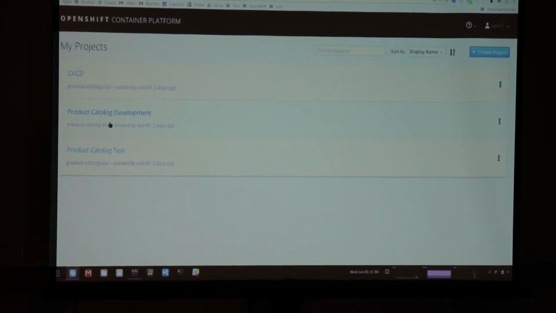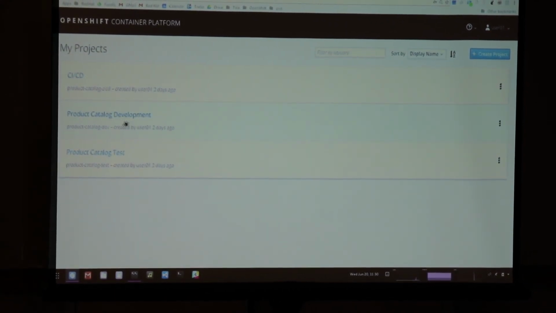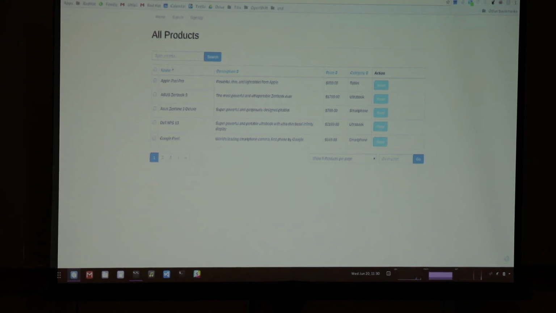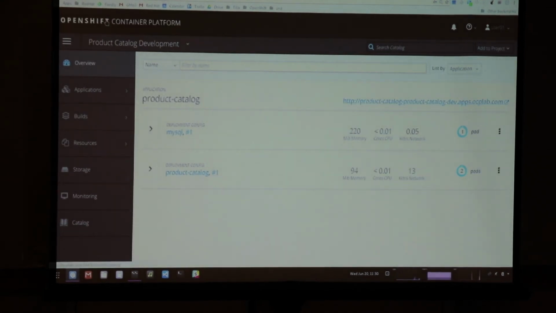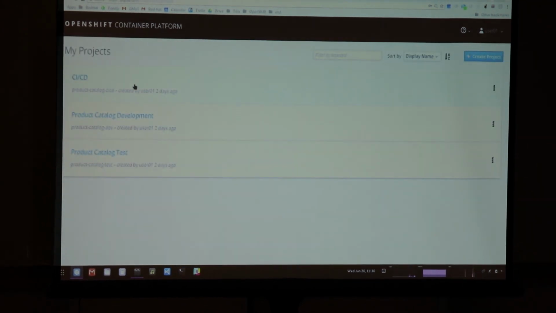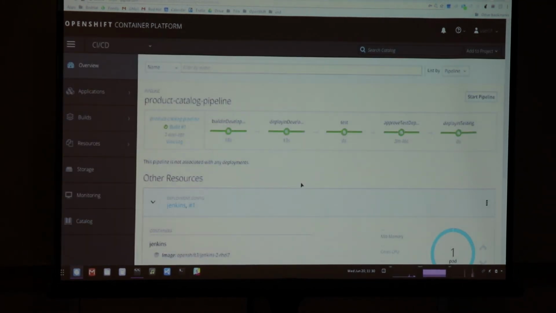manage your development environment. So I've got an application called Product Catalog. It's got a development environment here that I can click on. Right, and you can see it's a simple product catalog. And it's also got a test environment that is the same thing. Up here, though, I've got a project called CI/CD that's providing continuous integration and continuous deployment. So this is managing the building of the application. It's moving through the different environments, right? So if I go into GitHub,